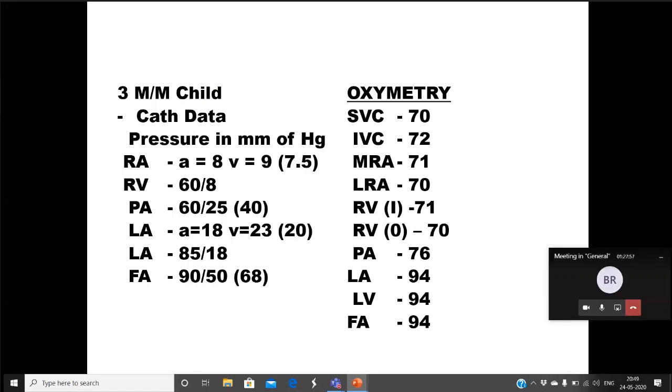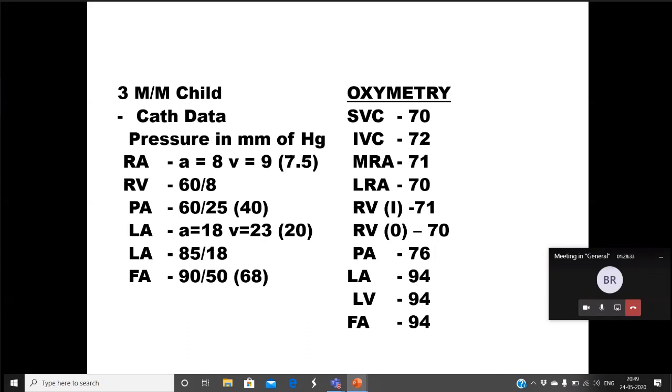Now, what happens when the child takes the first breath? Does the pulmonary vascular resistance drop by 50% in a patient having VSD or PDA? No, sir, it doesn't drop. Why? Because such a large shunt will lead to elastic recoil. To accommodate such a large shunt, the pulmonary arteries will expand, and then there will be elastic recoil, which will keep the pressure drop from being so high.